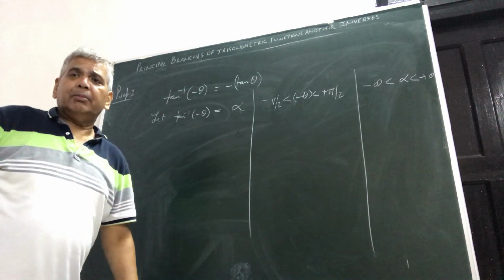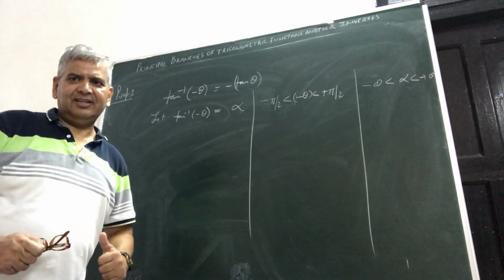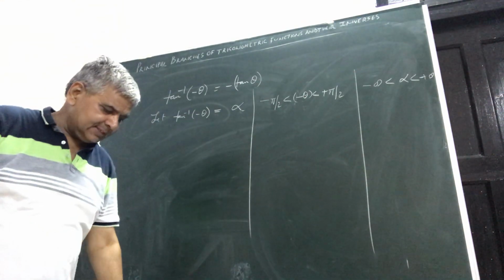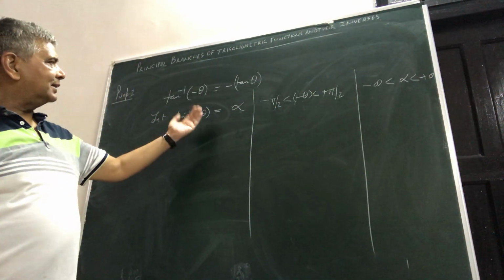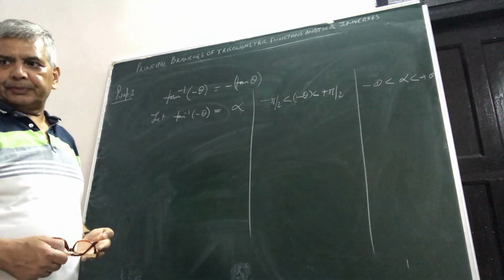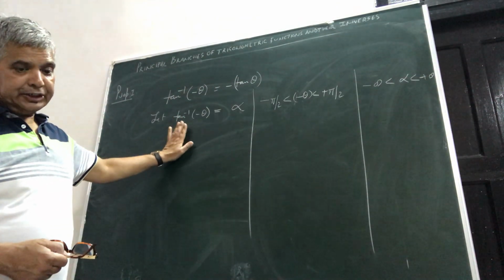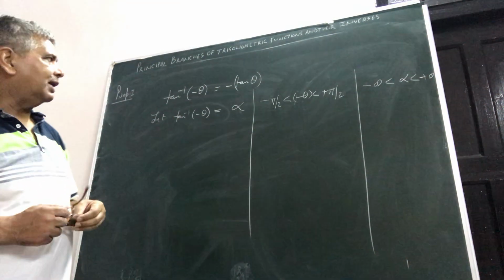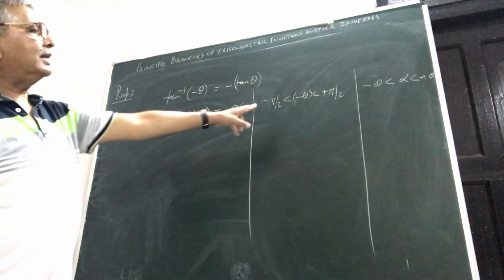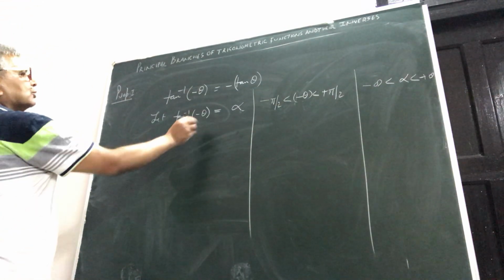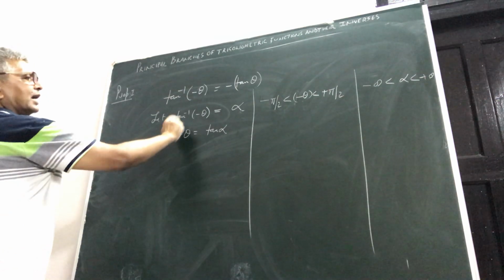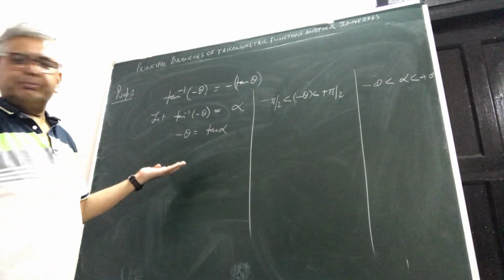Question you can do it, but if you really want to be confident, then you need to see what the respective principal branches are, and whenever you are doing this further analysis, be sure that you remain within your principal branches. I take this example here. Tan inverse of minus theta is alpha. Minus theta will be tangent alpha. Tangent alpha you are justified because tan inverse means this.